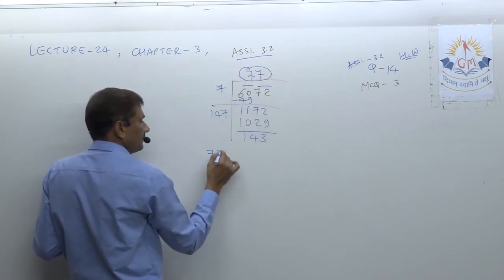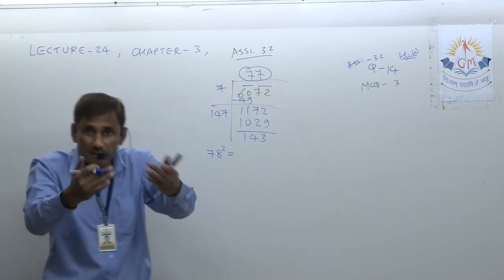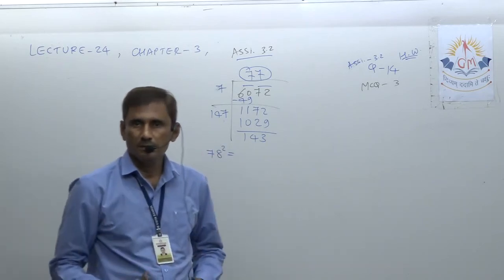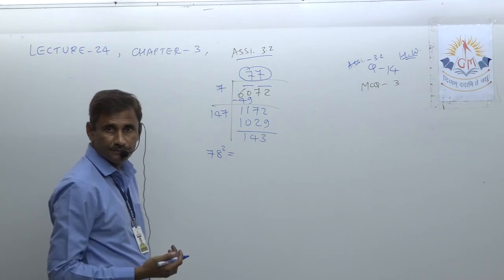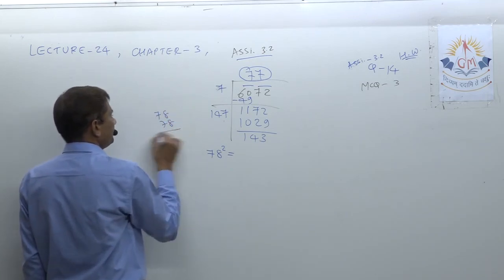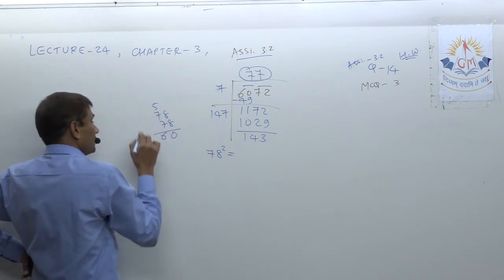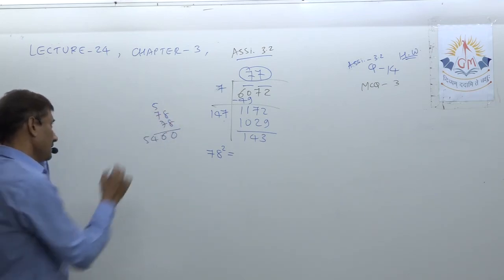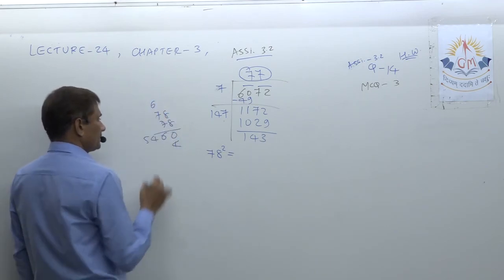So it should be 78 square, because we have to reach up to the next number so that we can add something and reach there. So don't go back, go ahead in the added case. So it will be 78 square. So 78 into 78, check how much? 8 sevens are 56, 5. 7 sevens are 49, plus 5, 54. Again 56, 5. 7 sevens are 49, plus 5. 8 8s are 64, 6. 8 sevens are 56, plus 6, 62.